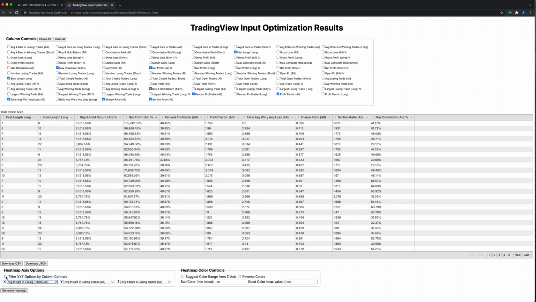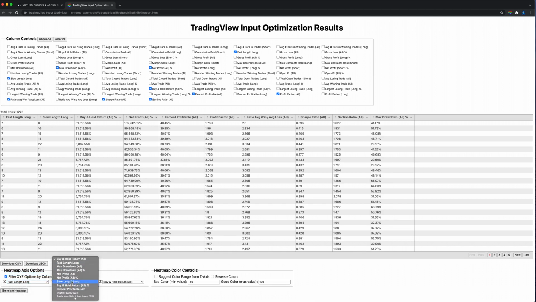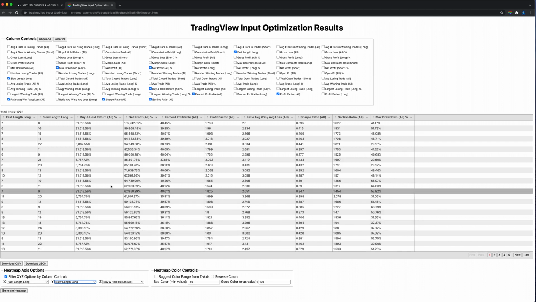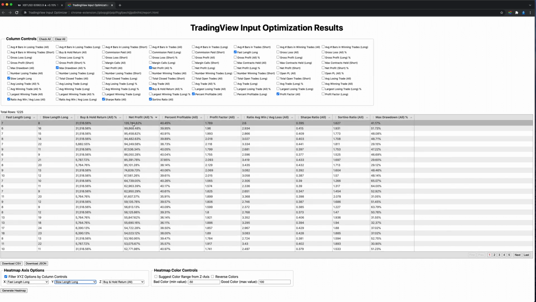So just for convenience's sake, we'll go ahead and keep that checked, which should be on by default, and we'll just check on some of the columns that we want to check against. In this case, we're going to check fast length long as our X axis against the slow length long as our Y axis, and Z is going to be the data that we're going to check in relation to the X and Y axis. For example, if we return back to the table here, before I was using the net profit percentage all as an example,